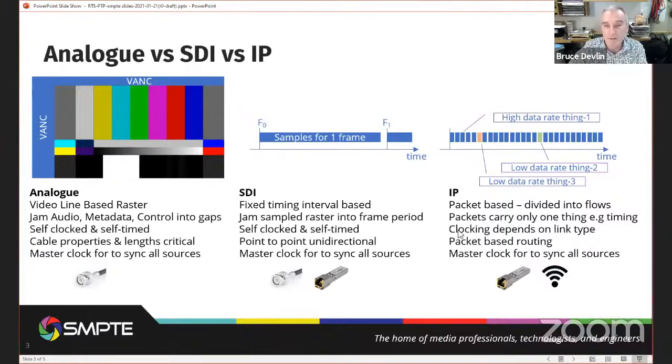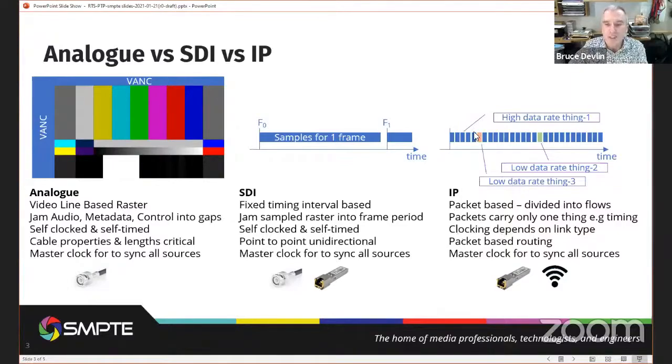And then all of a sudden, we've gone to this packet-based world where everything's a packet. Whatever it is, you put it in a packet, and if it's not the same thing as another thing, you put it in a different packet and label it differently. And that's really quite a fundamental sea change to everything that we've done in the past.